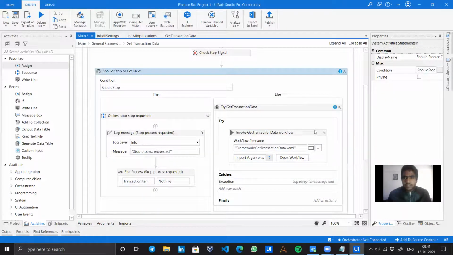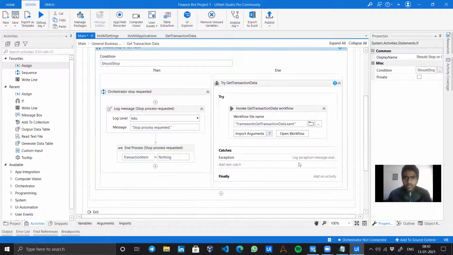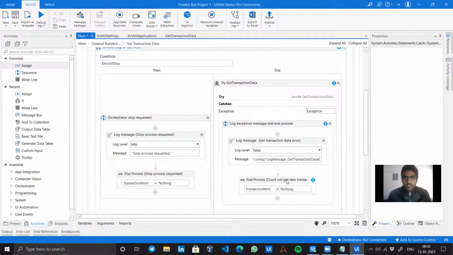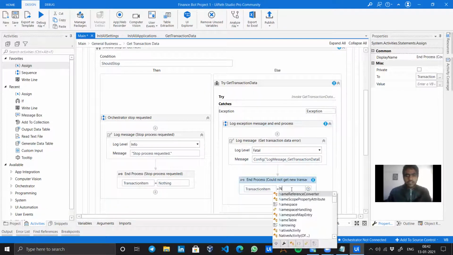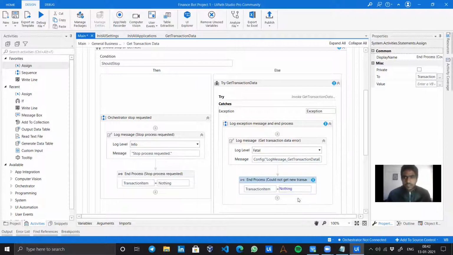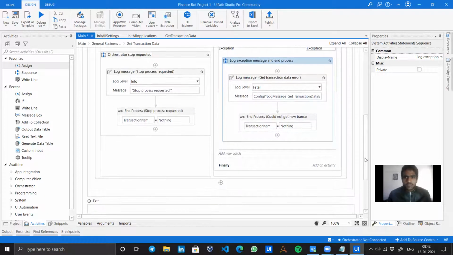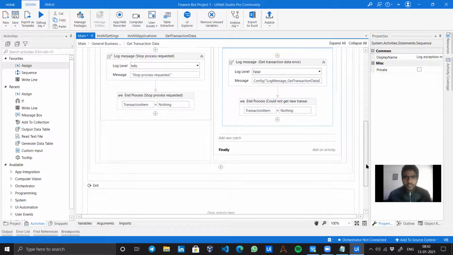So one error is removed, but still over here it says one or more children has some error. So let's open the exception again. Over here we just need to remove nothing, click anywhere, again click, and select nothing. Errors are gone. Let's scroll down more. Over here we have finally is empty.